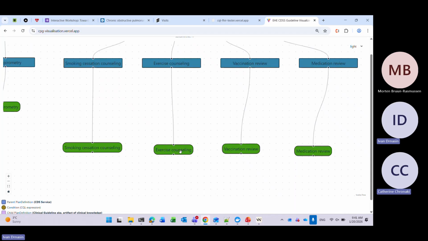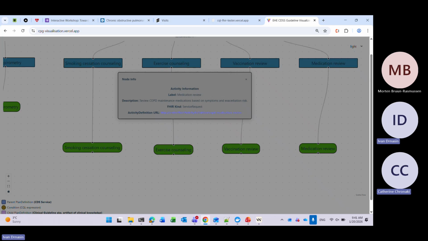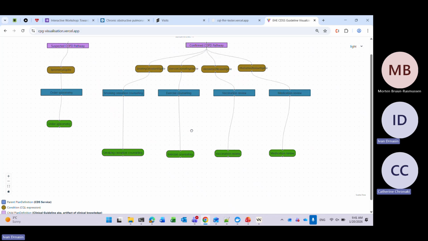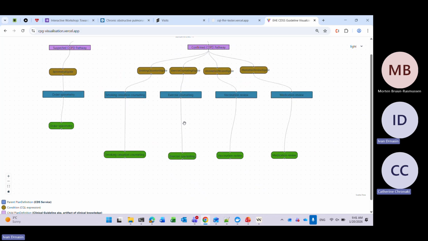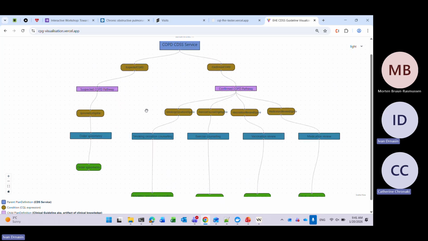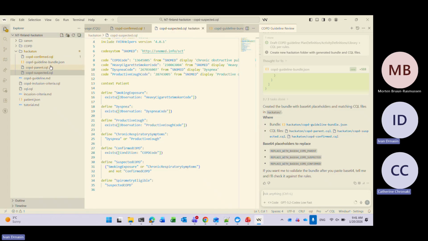Exercise counseling should be maybe some kind of, I'm not sure, appointment. Medication should be some kind of... so what is this? Review medication. It should be some kind of encounter where you go to the doctor to see what medication. So this is not good. But I didn't have the rules for what should be on an activity definition level. So this is also something that you need to have in your canon, exactly what will be generated, for example, if we refer back to the guideline.